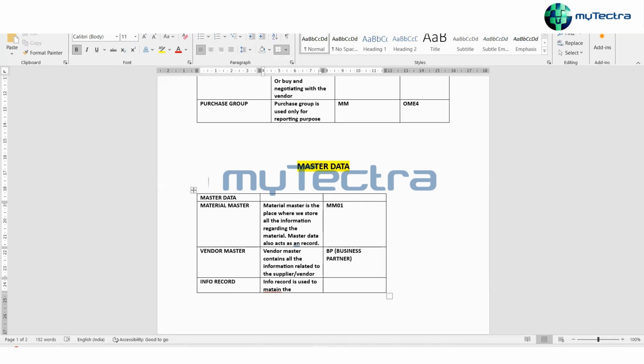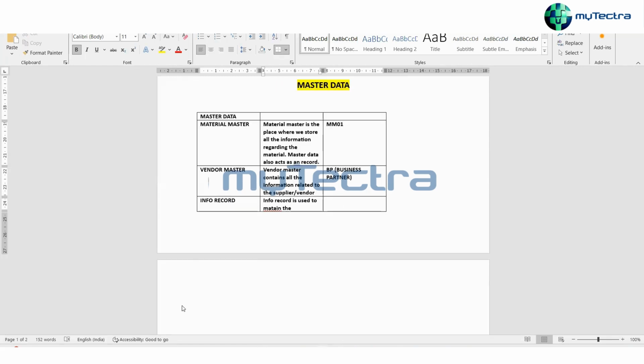Suppose you are buying a particular raw material from a particular vendor, and you will be buying this from the same vendor on a long-term basis, say for 1 year continuously.